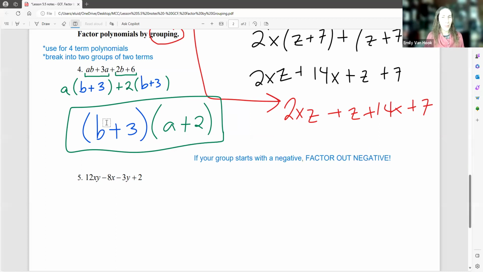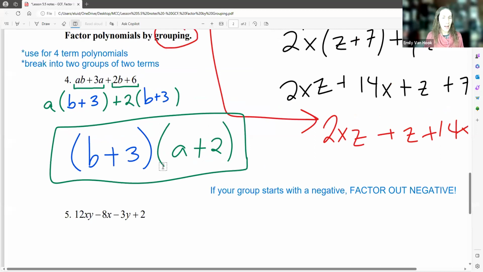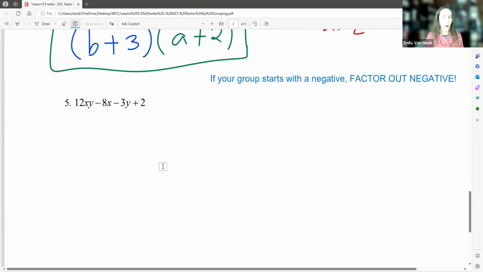So just keep that in mind. All right, let's look at the whole problem. For number 5, this is 12xy minus 8x minus 3y plus 2. So check to see if there's a GCF with all 4 terms. There is not. So 2 goes into some of those terms, but it doesn't go into 3y. Some of the terms have x, some of the terms have y. 3 goes into 12, but it doesn't go into 8. So there's GCFs kind of mixed around here, but there's nothing that's in common with all 4 of the terms,